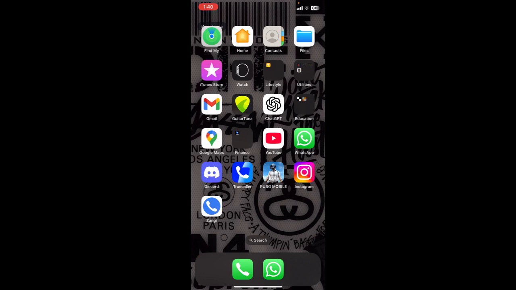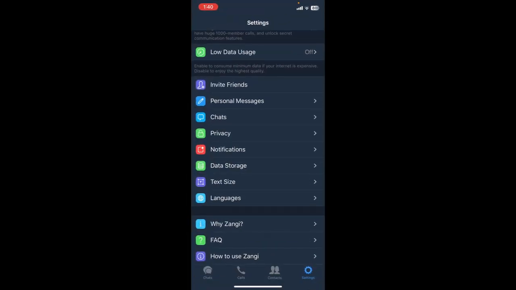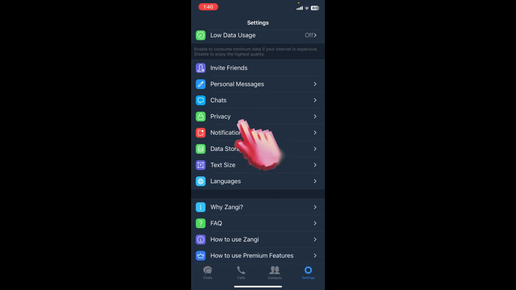First of all, open Zangi app on your mobile device. Once you open the Zangi app, now log in into your account with your registered email and password. If you don't know how to create an account on Zangi application, make sure to check out our guide on how to sign up. After you get logged in onto your Zangi app, now scroll down and simply tap on